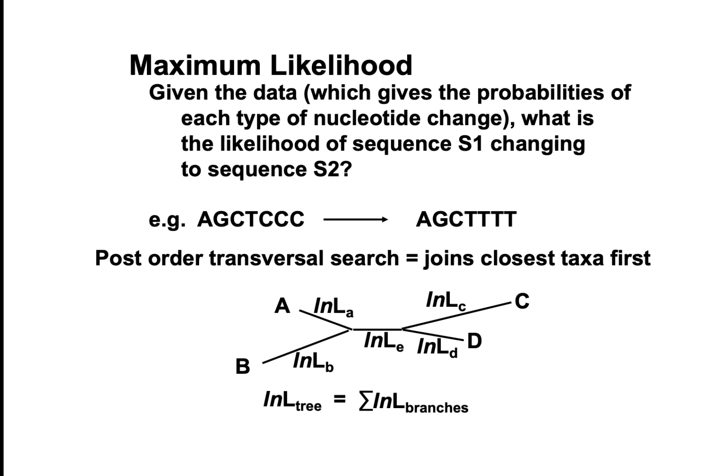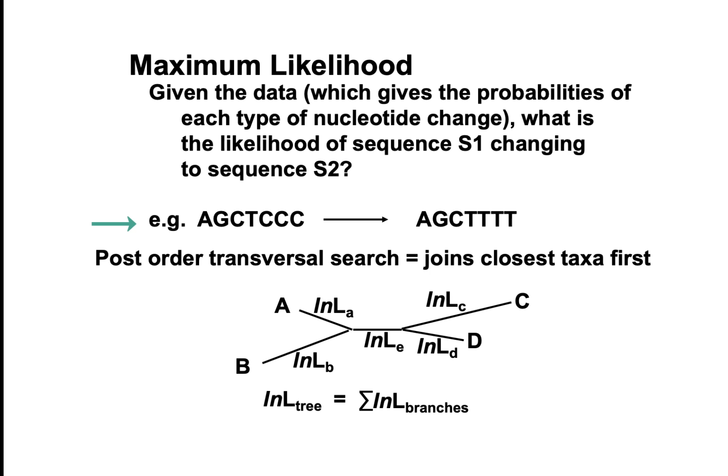So essentially, it's looking at the data, the number of A's, G's, C's, and T's in the sequence alignments that you send to it, and then it asks what are the probabilities of the sequence A, G, C, T, C, C, C changing to A, G, C, T, T, T, T. It will look through and determine that it has to have 3 transitions, C to T changes, and what are